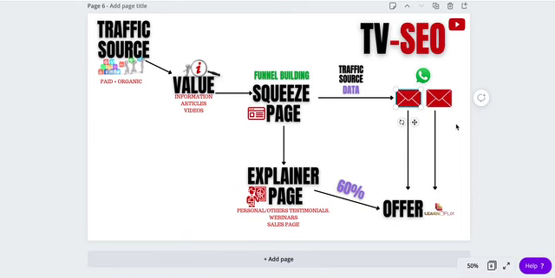For this program, we have some email swipes. You'll be able to download them either in the resource section or probably from the description under this video, or when we get to the training on email marketing. So you set up this email sequence, and continuously keep sending them back to the offer, or even to another offer, or another explainer page. You keep on doing that, and that's how you'll be able to make massive sales.